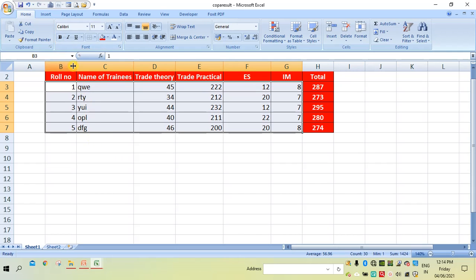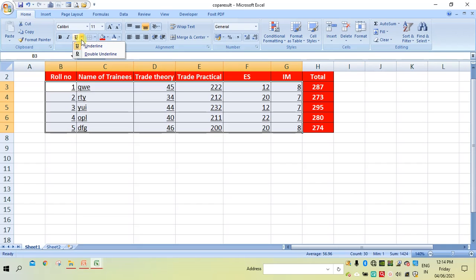Similarly, if you want to make it italic, select. Already I have selected. Click on this. So they will become italic. If you want to make them underlined, click this. So these all have shortcut keys which were already studied in MS Word.